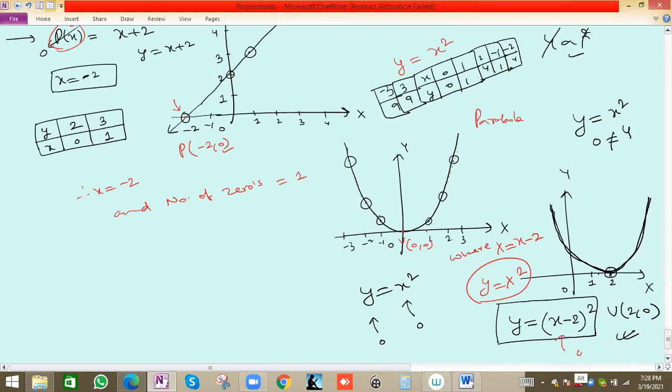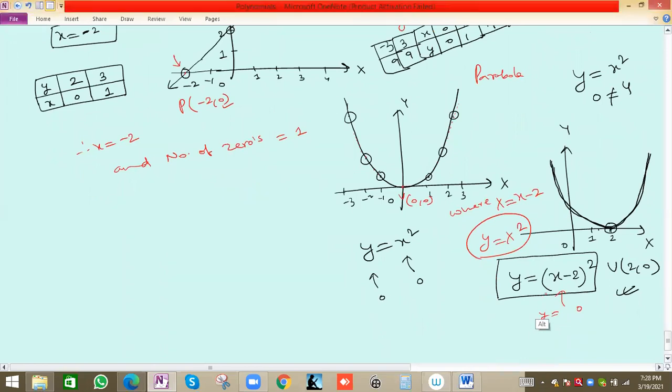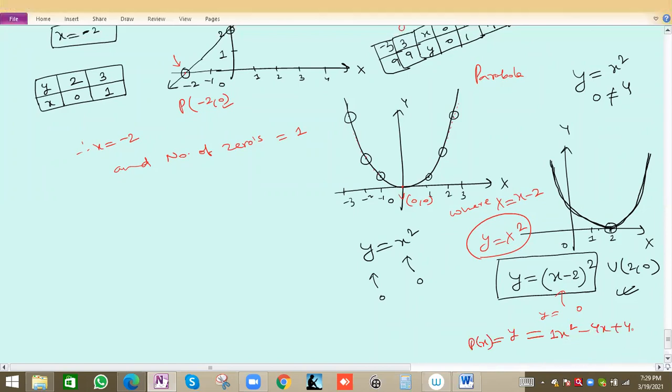If you put 2 here, this will be 2 minus 2 is 0, 0 square, y is 0, no problem. One value you put now is the vertex's first coordinate, and the second coordinate we get is (2, 0), right? And one more thing, if you expand x minus 2 whole square, the value we get is x square minus 4x plus 4. This is basically the y value, and here a is 1, that means a is greater than 0, a positive value, b is minus 4 and c will be 4.